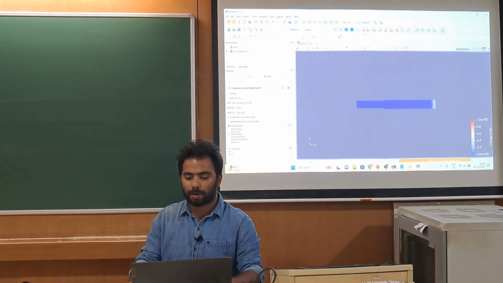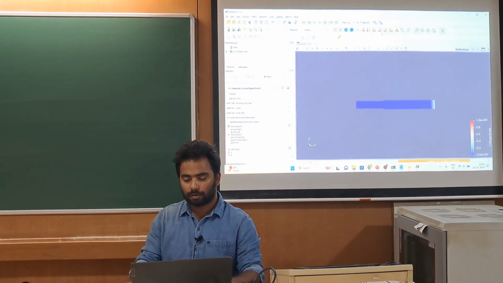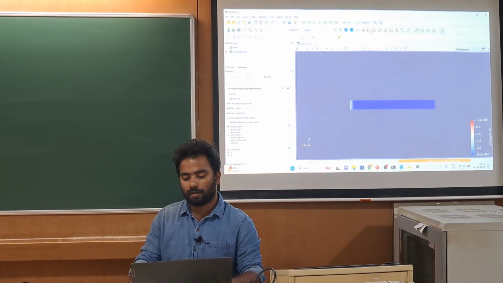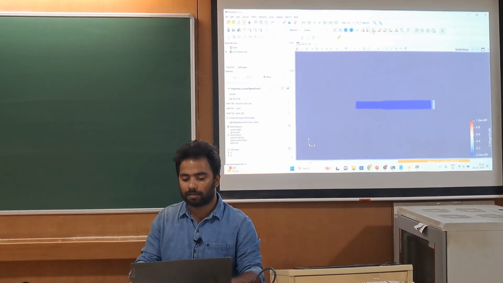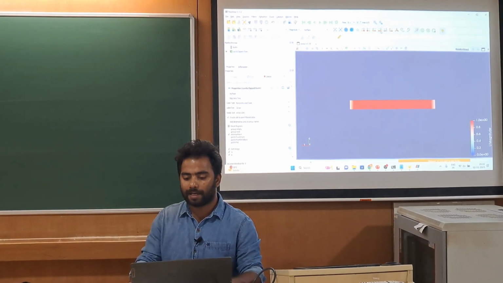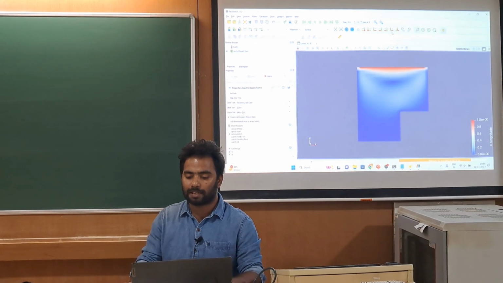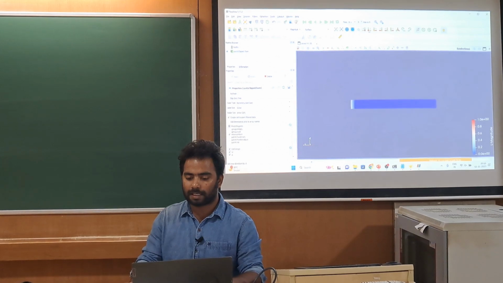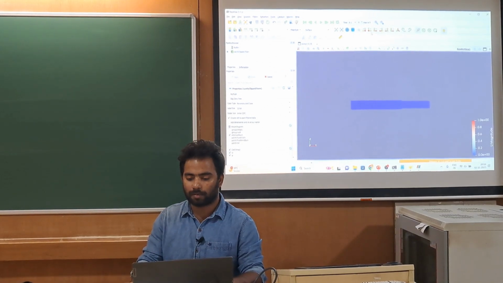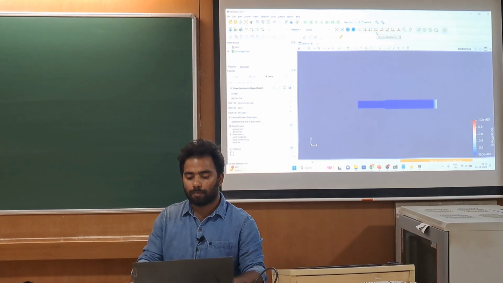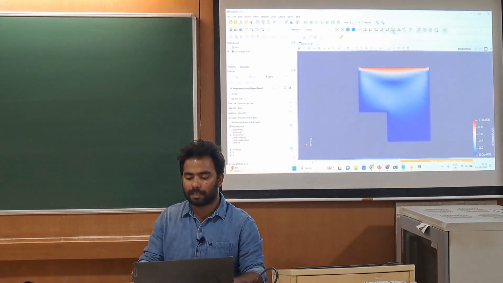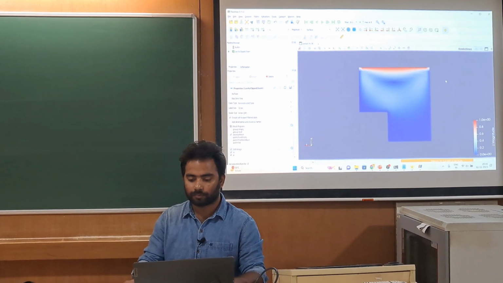Okay, so this bar you can see here. These things, if you want to see only x positive, this you can click. X negative, you can see this direction. This is the y plus, y negative, z plus, z negative. So you can change the orientation from here. Plus x, minus x, plus y, minus y, plus z, minus z. So you can change the orientation by using this top section. Okay.